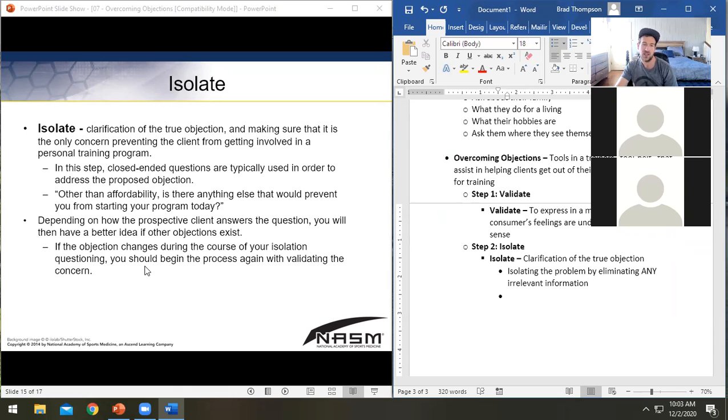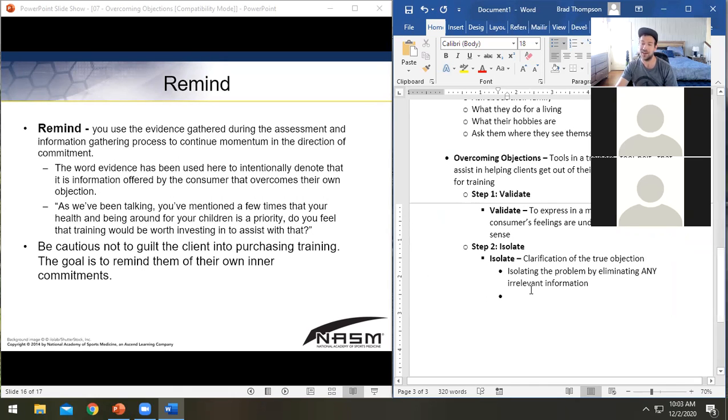Yes. And then if they start adding more, you start to see, okay, this person's probably not going to sign up if they start coming up with more and more excuses. But generally people won't. Like I said, most people are going to have maybe one or two primary causes. That's why we're trying to eliminate any of that nonsense information.